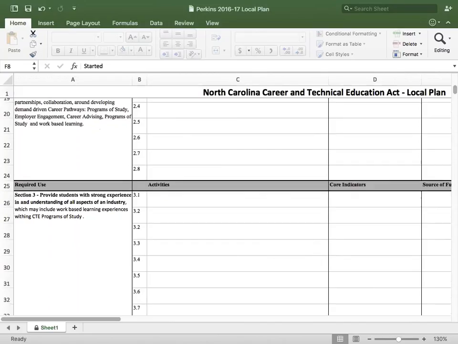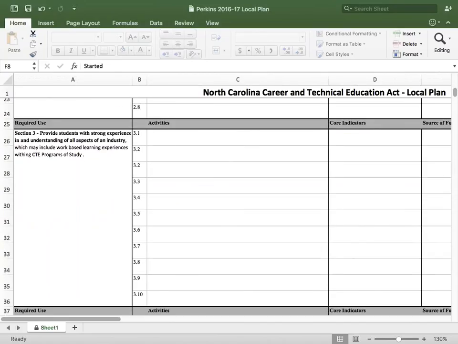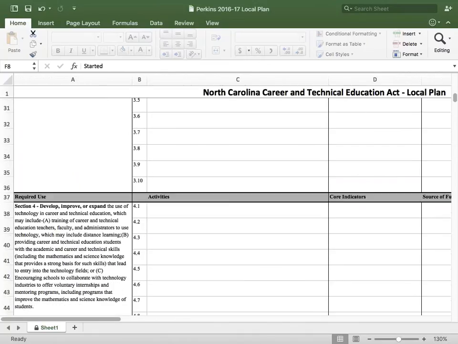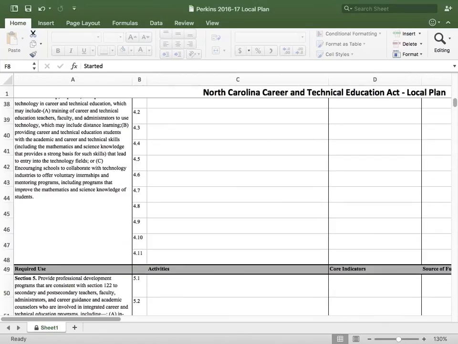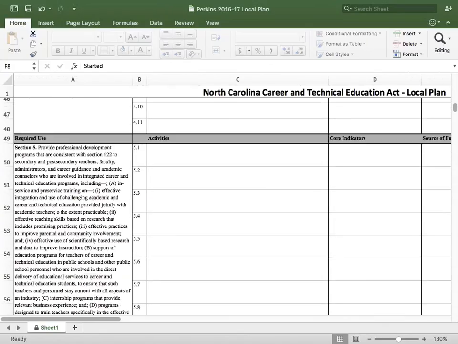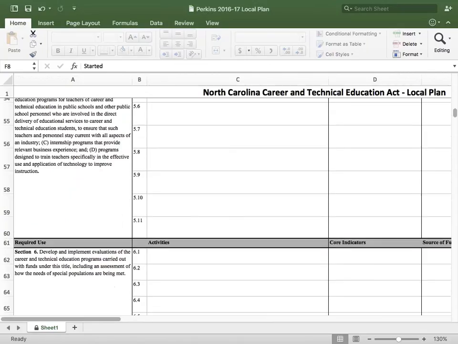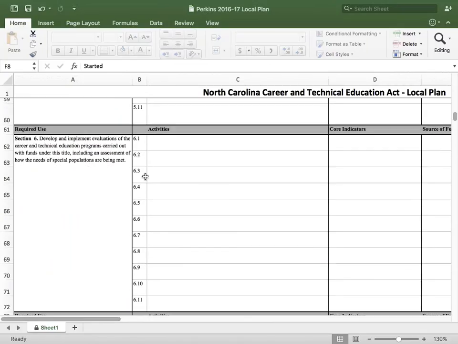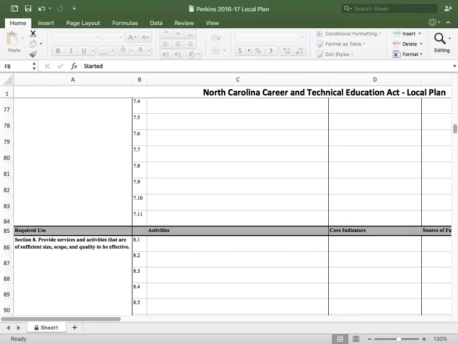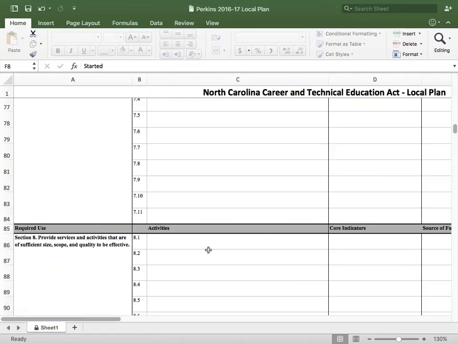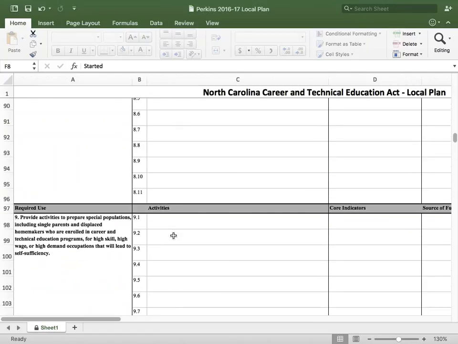So basically, you just go through the document, and to start off with, you have your activities. Just remember to be specific. Try not to use general terms, and use the litmus test: can it be measured, whether it was completed or not? And so you have professional development. You'll come through and you have evaluations. If you come on down here, modernization and expansion, we have size, scope, and quality, and then finally special populations.